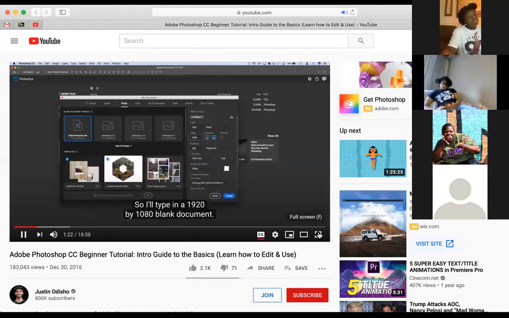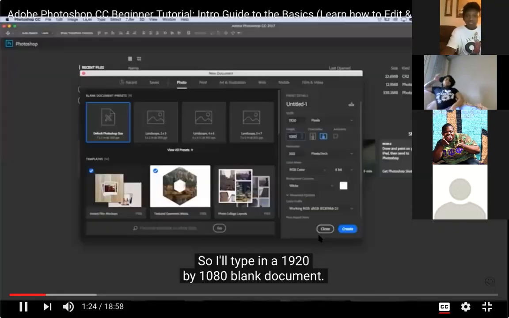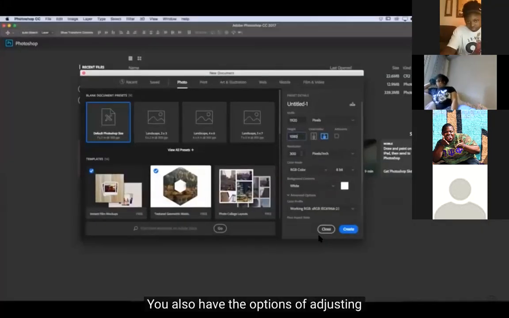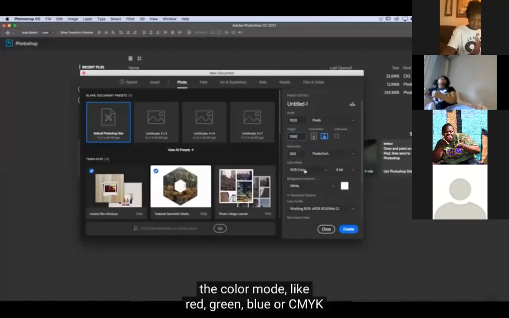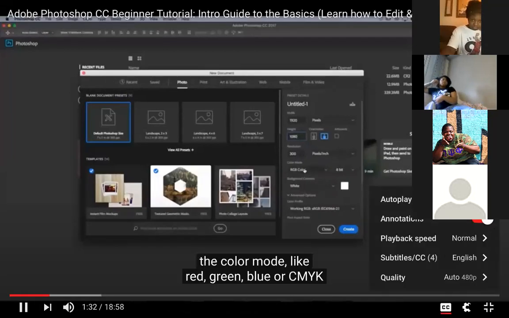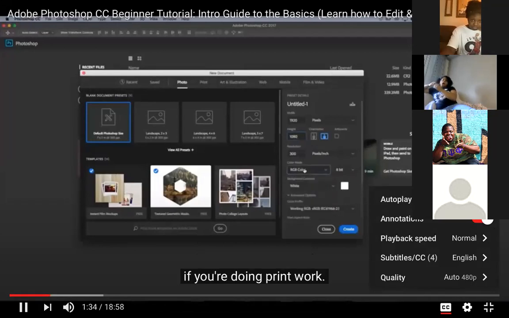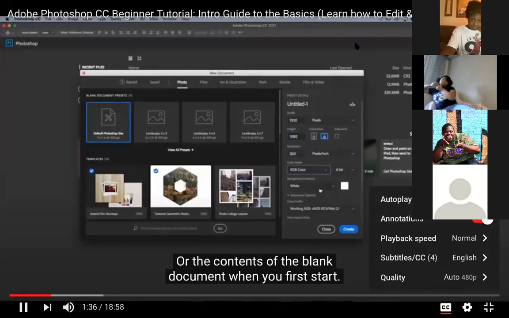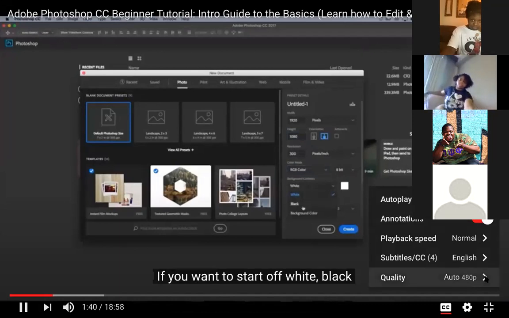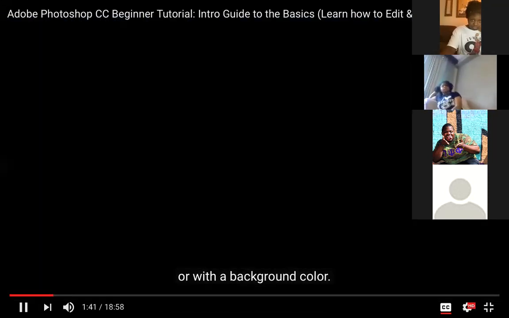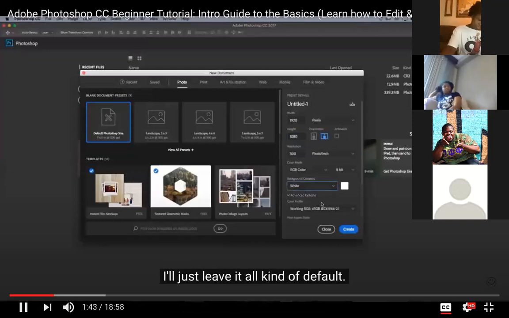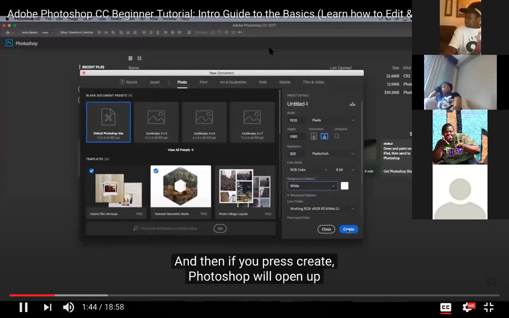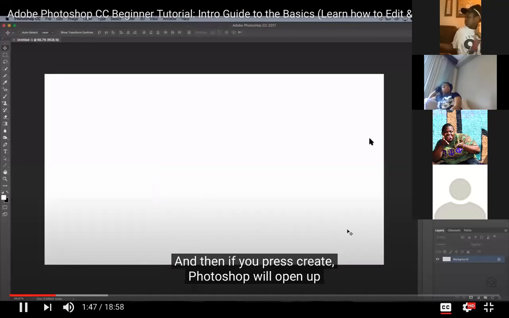So I'll type in a 1920 by 1080 blank document. You also have the options of adjusting the resolution, pixels per inch, the color mode like red, green, blue, or CMYK if you're doing print work, or the contents of the blank document when you first start. Do you want to start off white, black, or with a background color? I'll just leave it all default. And then if you press create, Photoshop will open up that new blank document, and you can see here Untitled